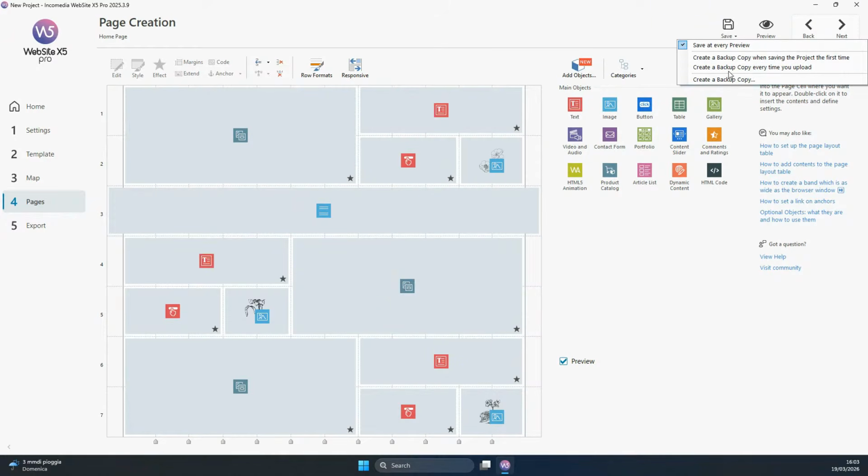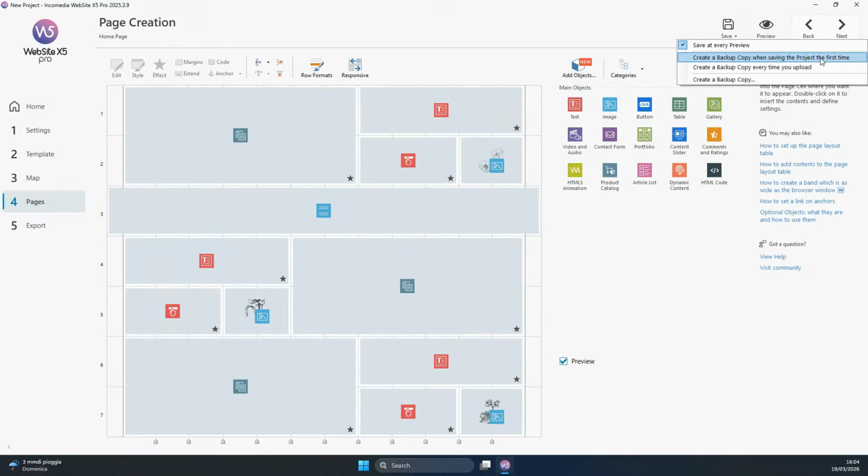And here you have all the options you need to decide when to create a snapshot-based backup of your project. So you have your create a backup copy, which essentially gives you full freedom to decide, okay, I've reached the point in my project where I want to keep this version in case I ever make some change that I want to go back from. So you can manually create them, or you can have the software create them for you automatically at given times